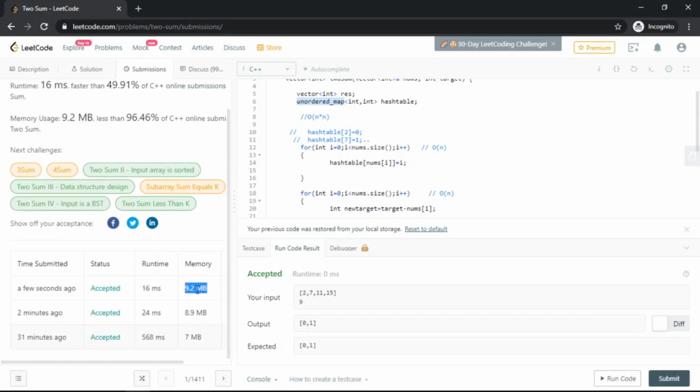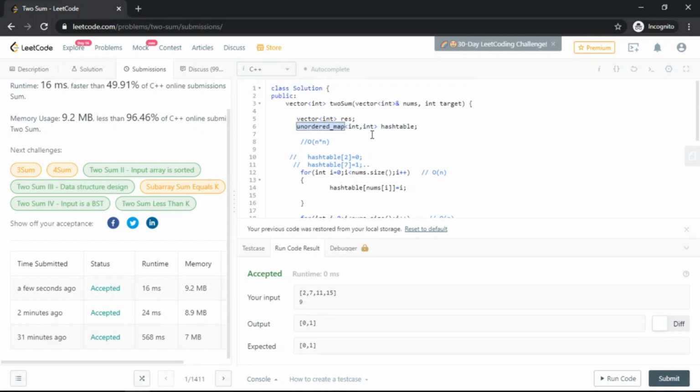We'll see in our next video how the internal structure of unordered map works. As you can see, it takes just 16 milliseconds, which is 8 milliseconds less than the ordered map. So it's a great way to optimize a solution using this map. We'll look at various other problems as well, going from the naive solution to the optimized solution and comparing the time complexity on this platform. And we'll see many more containers in STL in our coming series. Thank you.